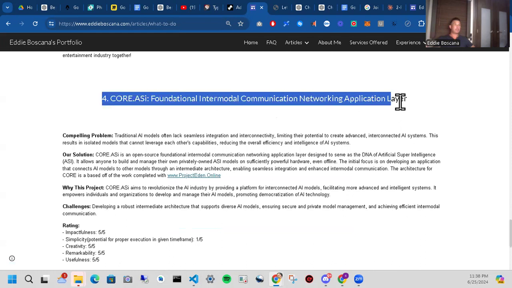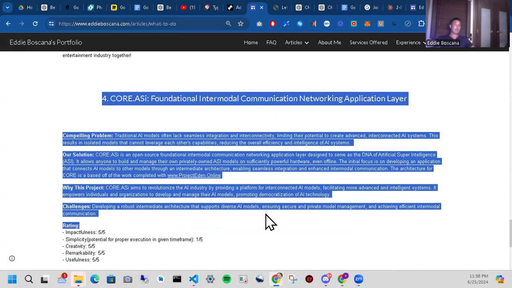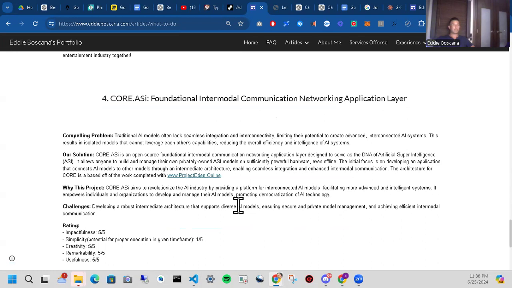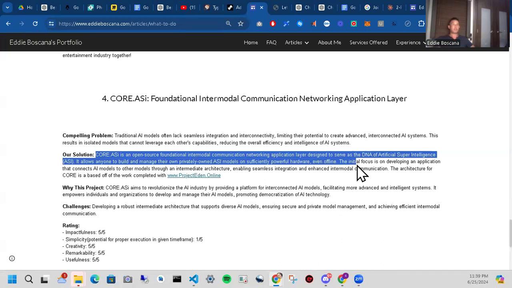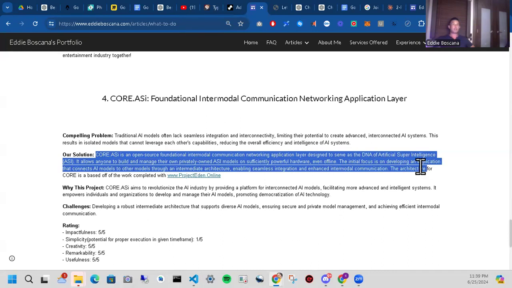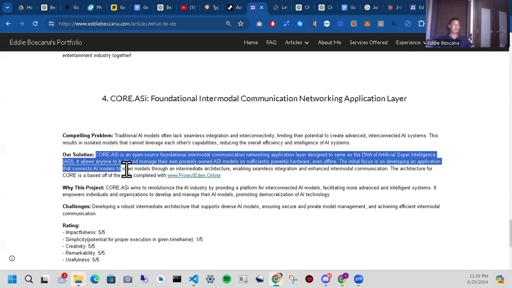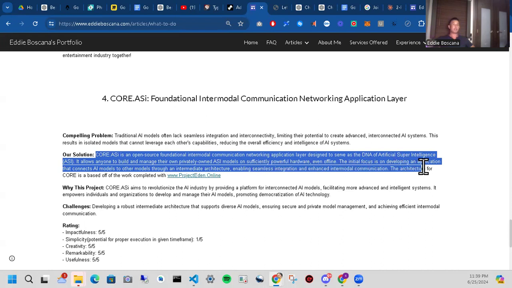And then finally, and last but not least, this is called Core ASI. This is an application I call Core. Core ASI is an open source foundational intermodal communication networking application layer designed to serve as the DNA of artificial superintelligence. It allows anyone to build and manage their own privately owned artificial superintelligence models on sufficiently powerful hardware, even offline. The initial focus is on developing an application that connects AI models to other models through intermediate architecture, enabling seamless integration and enhanced